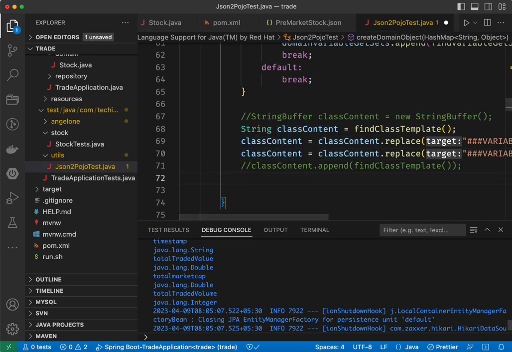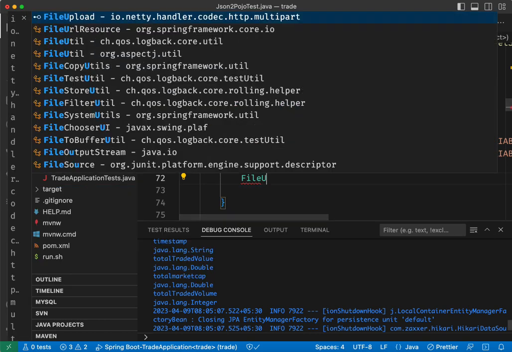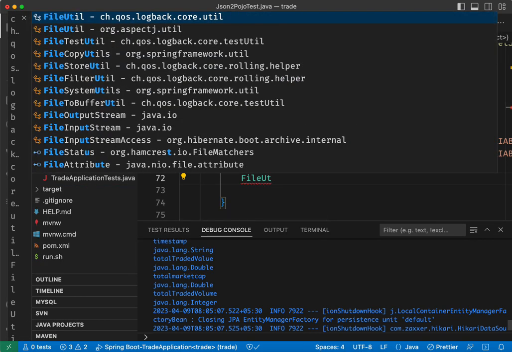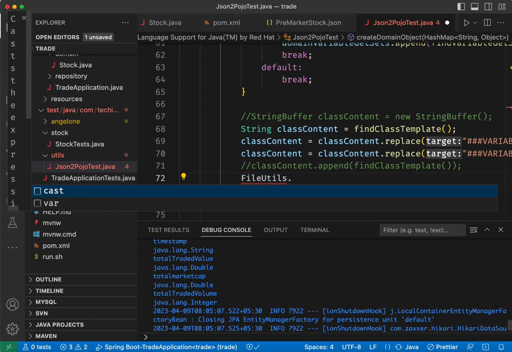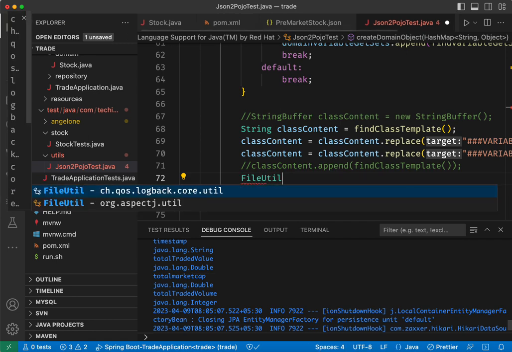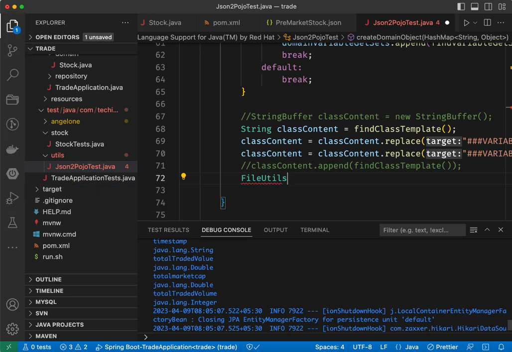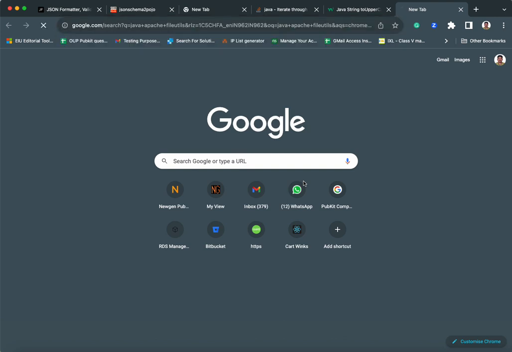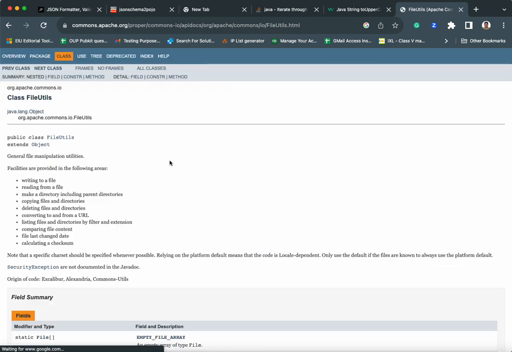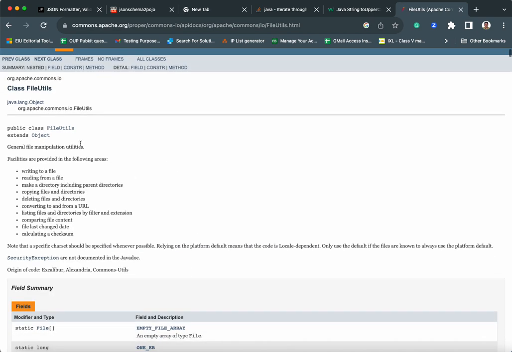All right. How can we write? Let's say FileUtils. It's an amazing class. You can just make it in one line, and you can write FileUtils. I think I should import Apache Java Apache FileUtils. There is a super class. It really does an amazing job. Just go ahead and pull this Maven. Okay, commons IO